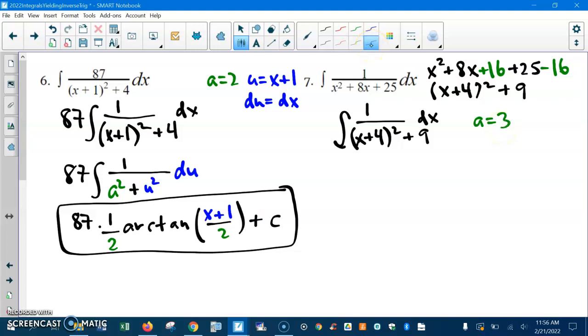My variable is the quantity of x plus 4. So u equals x plus 4. du is a direct exchange with dx. And then I can see that my integral is in the form of 1 over a squared plus u squared du. And this will yield an antiderivative of